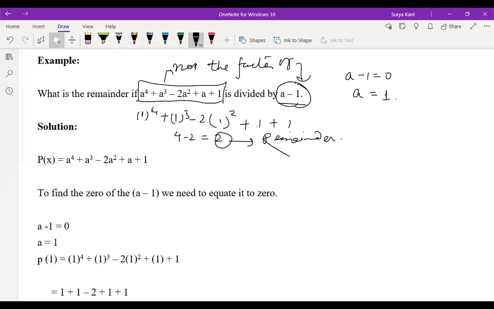And if you want to do it by the long method, you can do. Sir, in any method, like if we divide with x minus 1, sir, so x minus 1 is equal to 0, we can keep it like that? Yeah, you keep it like that. The x value you can put in the polynomial. And whatever answer you're getting, that is your remainder. Okay.